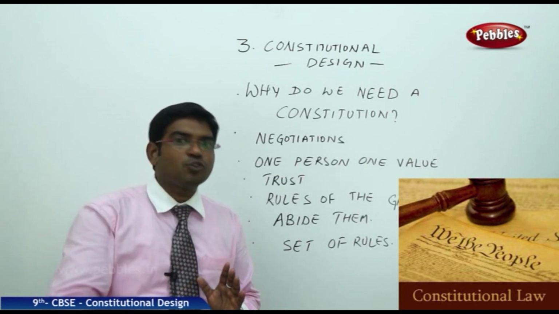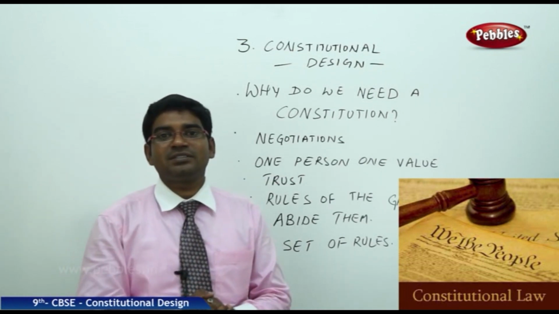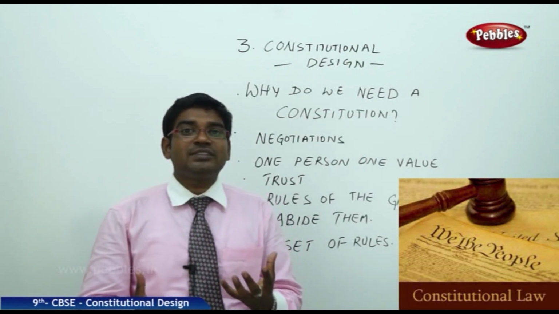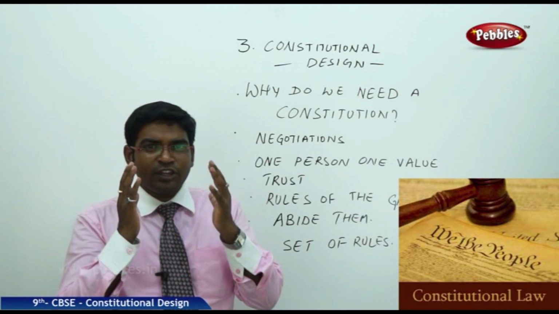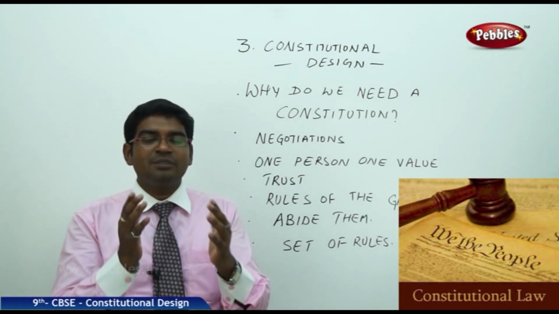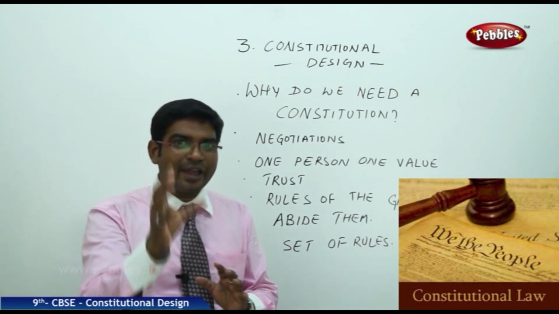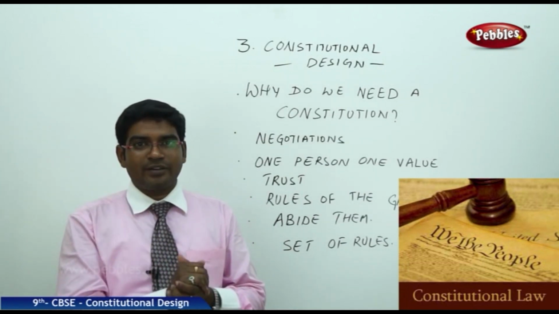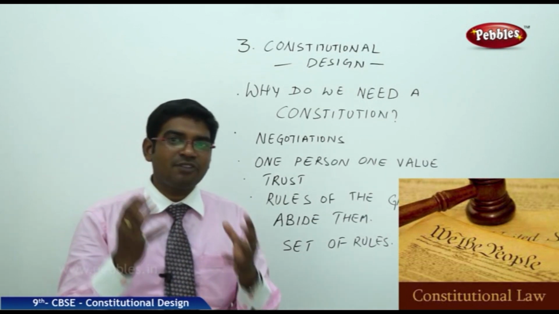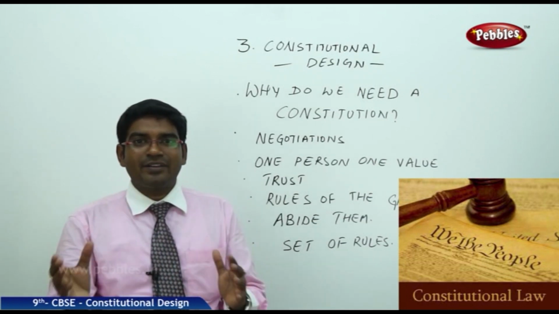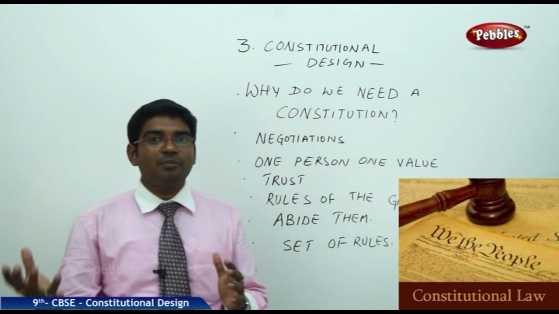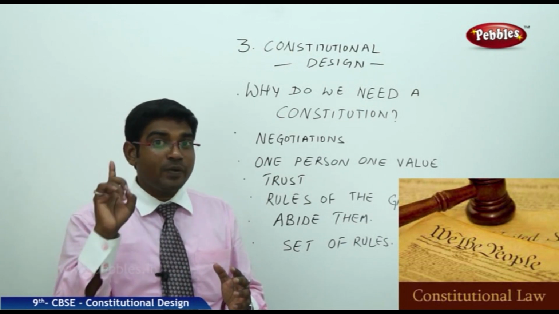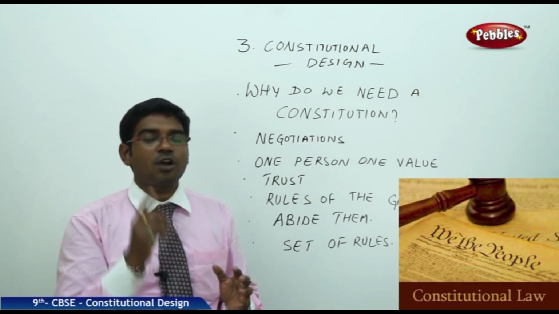So this basic set of rules is nothing but a constitution. Why do we need a constitution? In order to safeguard ourselves, in order to have a middle person to guide us. Suppose tomorrow the blacks do not like the attitude of the whites, or someone who has suffered a lot because of the whites wants to take revenge on the whites who are weak now. Who will stop him? The rules will stop him.